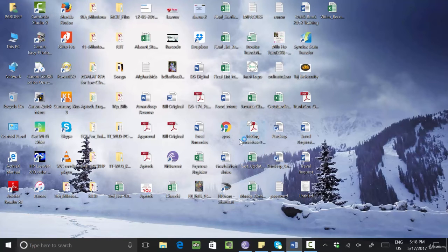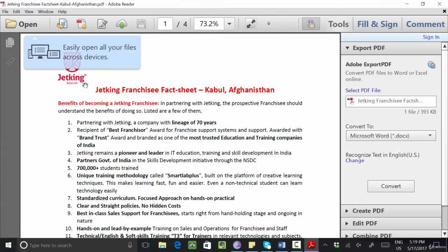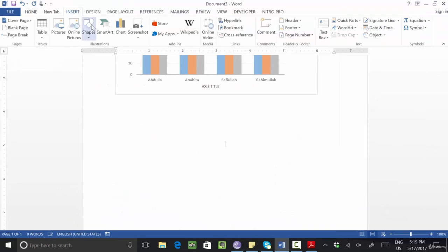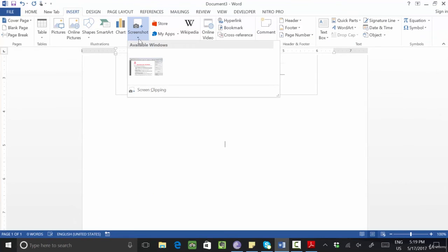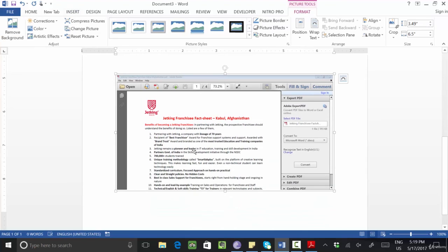I open this one, and I want a screenshot of this. I want to cut this logo from this picture. So how will you do this? First of all, open the file, then open Word. Now go to Insert and click on Screenshot. So you will see it came or not. Yes. Okay, the picture screenshot will be coming.